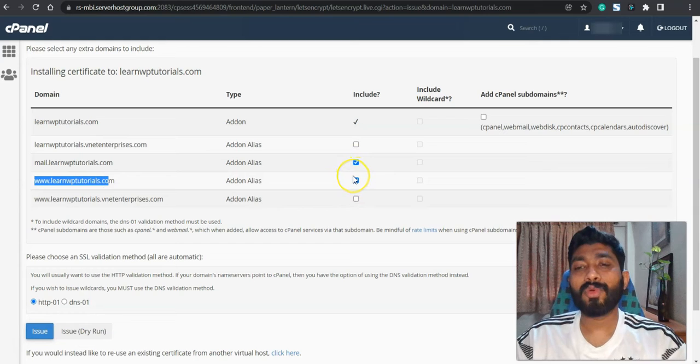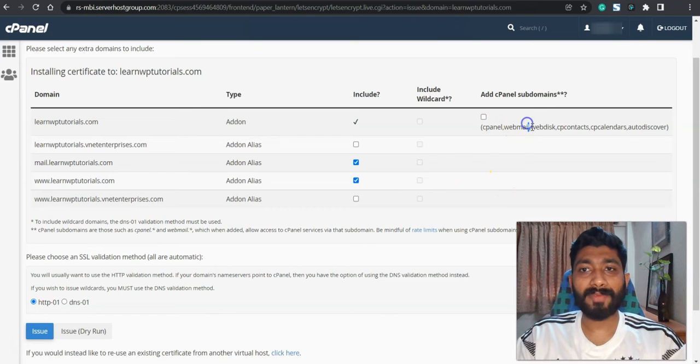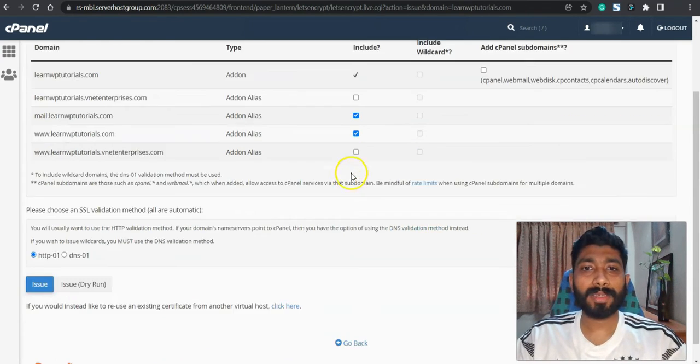And if you also want to install an SSL certificate for your other subdomains like cPanel, webmail, webdesk, and everything, you can click on these options. You can tick this box. Right now, let's go ahead with these default options, and once you click on this, just click on this button called issue. So click on issue,